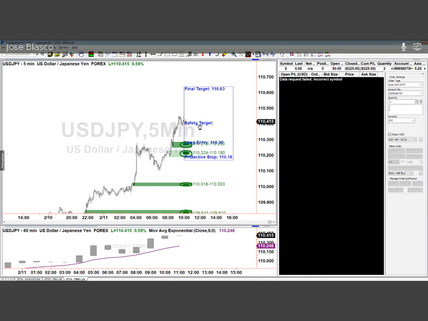Here I have to say that I have a little problem with the safety target, because if I take my safety target and I calculate it manually, we got 14 pips of risk. So 14 pips on top of 110.30 is 110.44. So if I make my safety target 110.44 and I scale out half of the position at 110.44, it means that with 50% of the position, I will make a 1-to-1, which therefore is a 0.5 to 1. And then with the other 50% of the position,